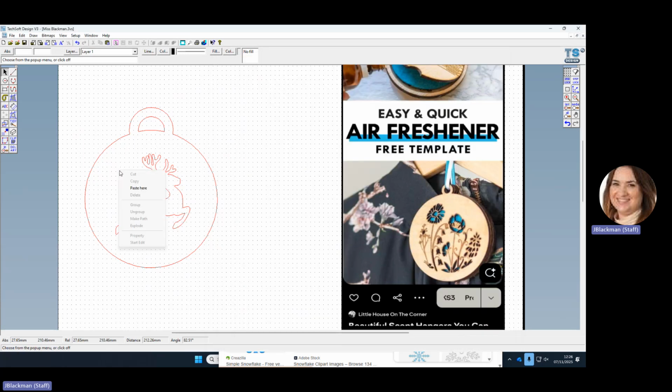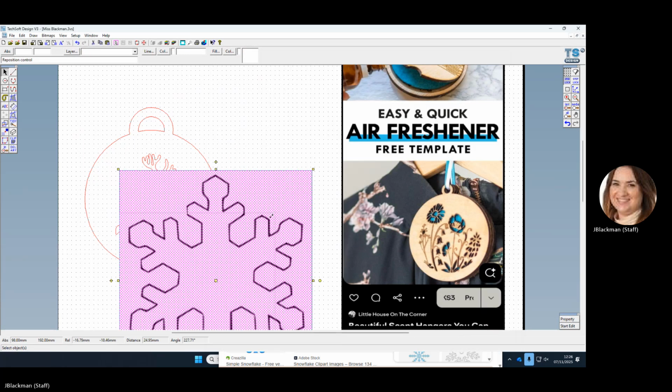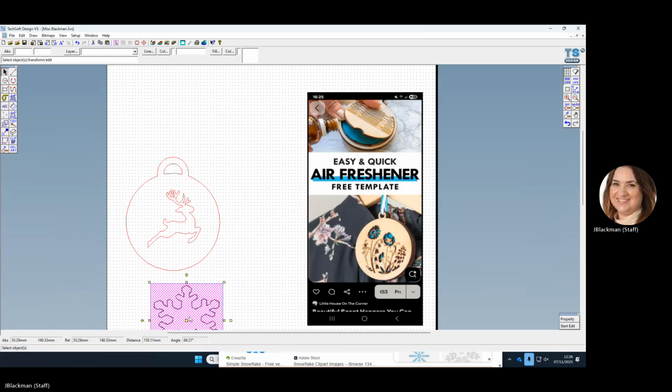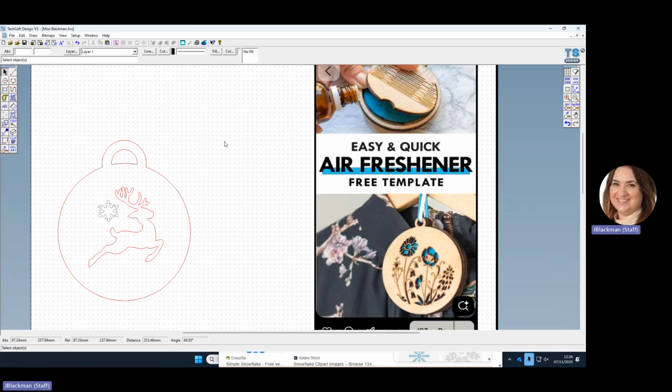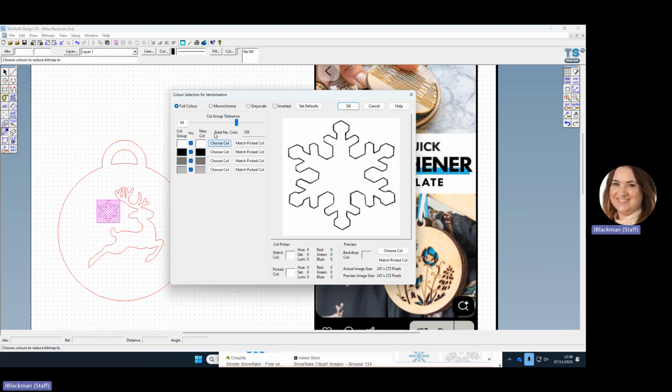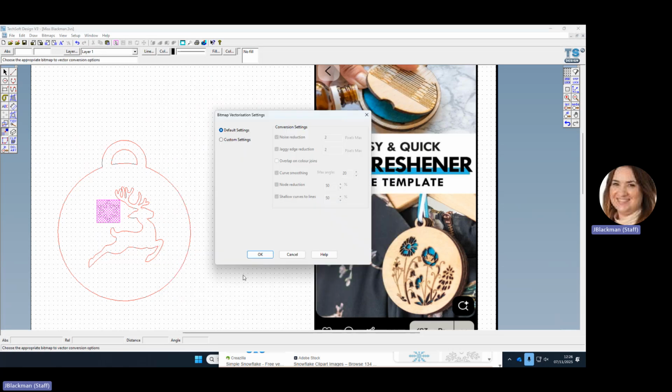I can copy it in, paste, move it into place. Now, anything that's black engraves. So you might be thinking, well, that's just going to work as it is because it's black. Unfortunately not. We need to vectorize it. So we can go to this button here, vectorize, click on the image, change it to monochrome. So the same steps as before, and you can adjust it to make it a little bit darker,